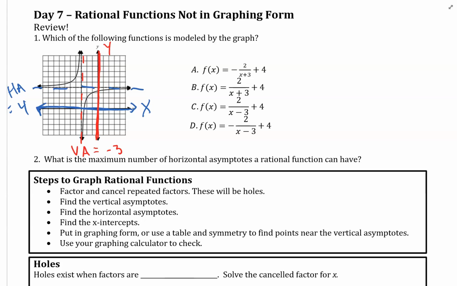So we're trying to figure out which of these four functions, A, B, C, or D, describes the graph to the left. So some things we can see. We see that we have a vertical asymptote to the left of the y-axis at x equals -3. We also see that we have a horizontal asymptote at 1, 2, 3, 4 above the x-axis, so that's at y equals 4. The other thing that we see is we recognize that the standard, or the parent function 1 over x,